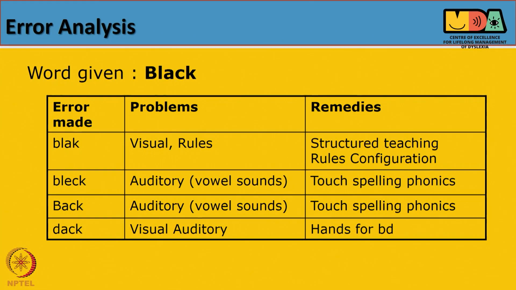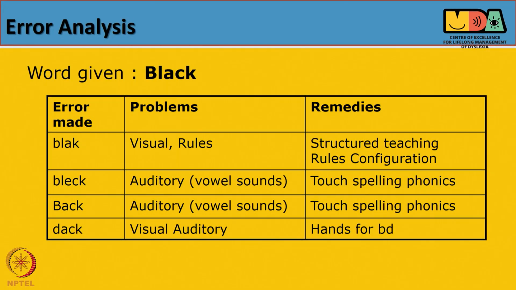B-L-E-C-K says bleck, but the word we want is black. The child's auditory skills are also at fault here, and he has not been able to discriminate between the sound of a and e. The best way to remediate this would be using the touch spelling and phonics. Help him to internalize the sounds, and the Sonde system, the touch spelling, is one of the good ways of